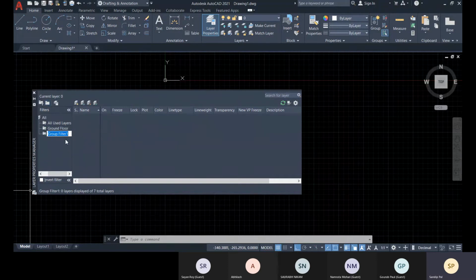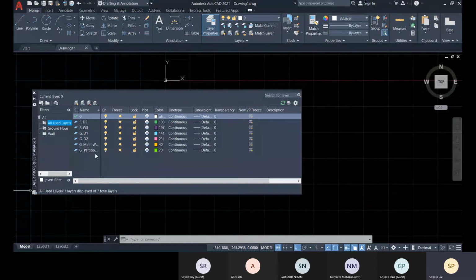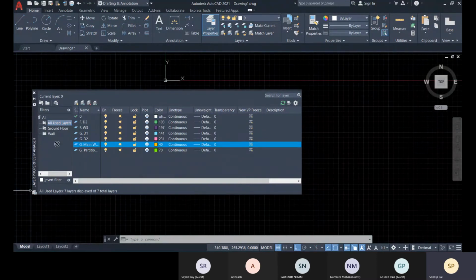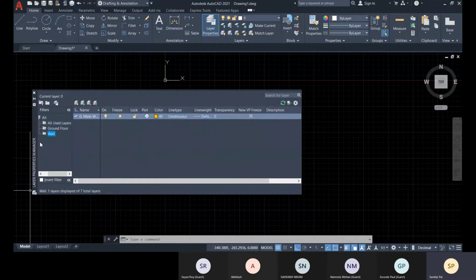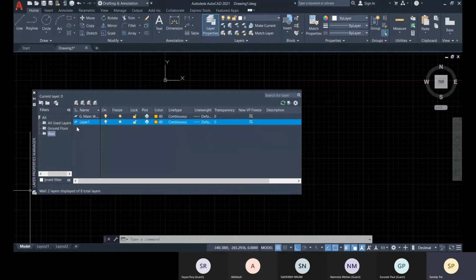Then make a group filter for your wall. All the walls have already been created, so what you have to do is select them and then drag them, and they will be added within this wall group. Suppose you want to create the group first and then specify the layers; then create the group, which will be active, and within this you can go with this create option. Okay, so here you see,